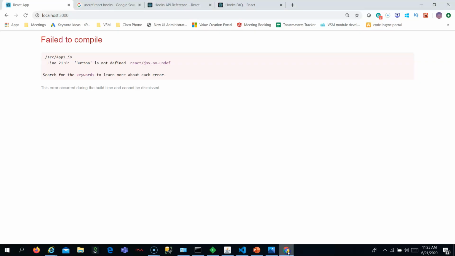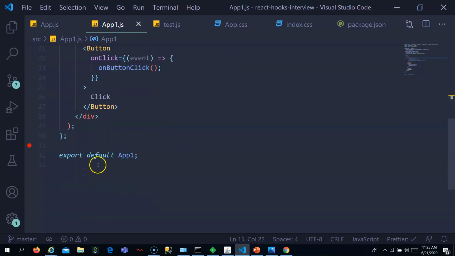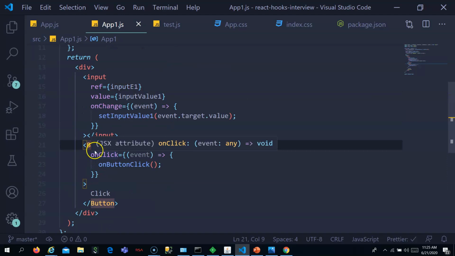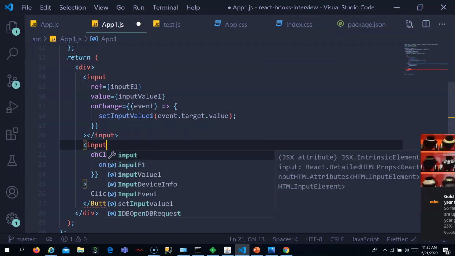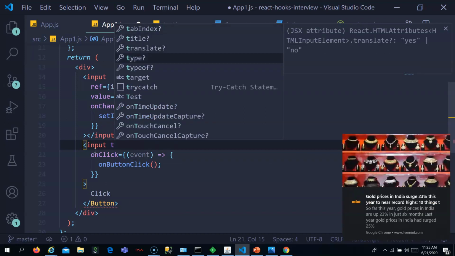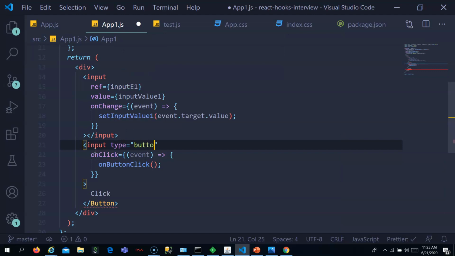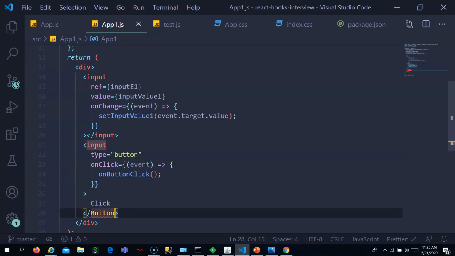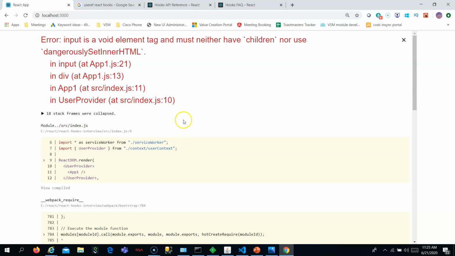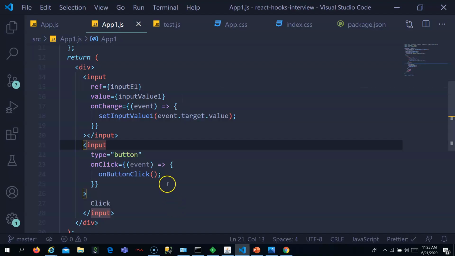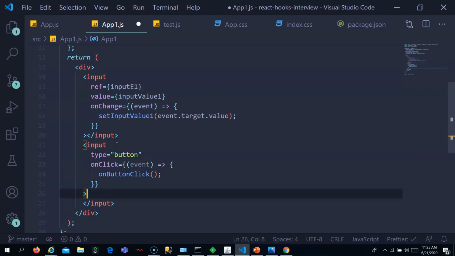Okay, let's go to the browser. We can say input type equal to button. It is JSX.